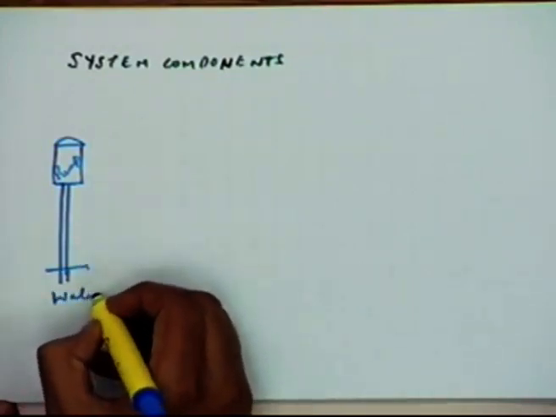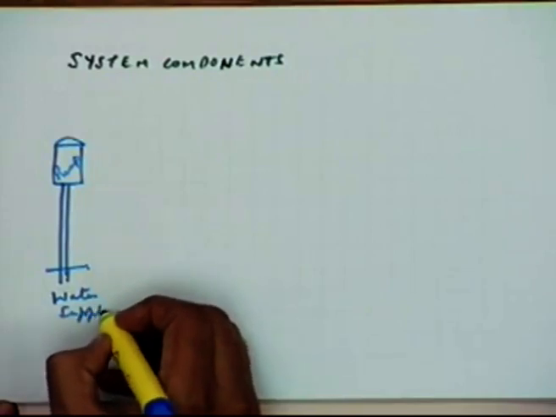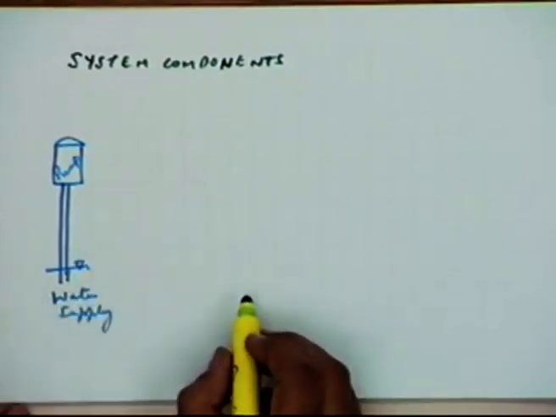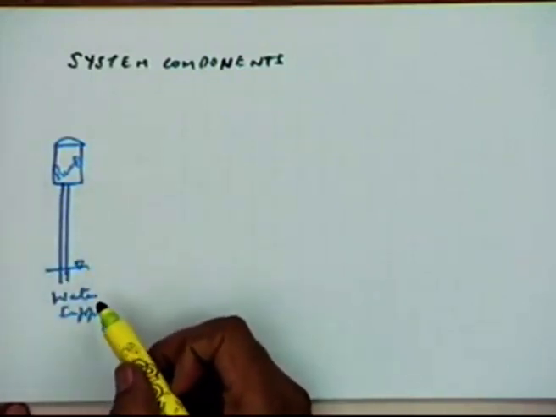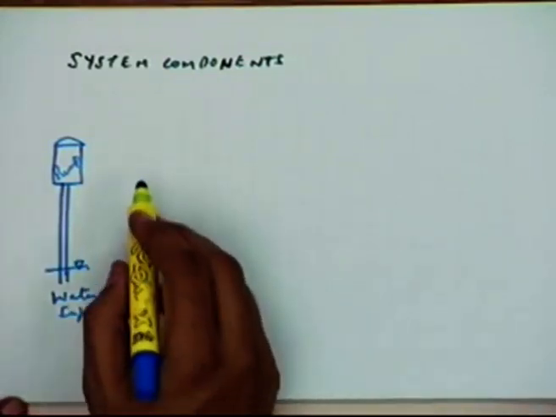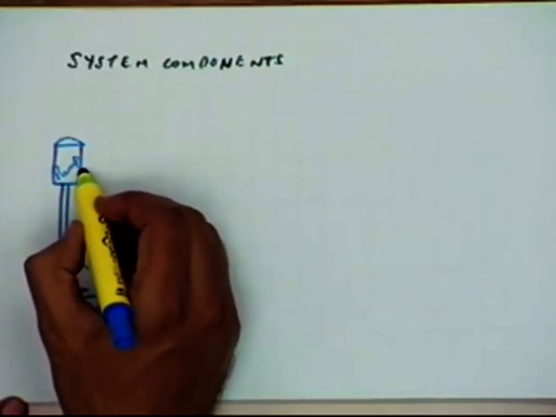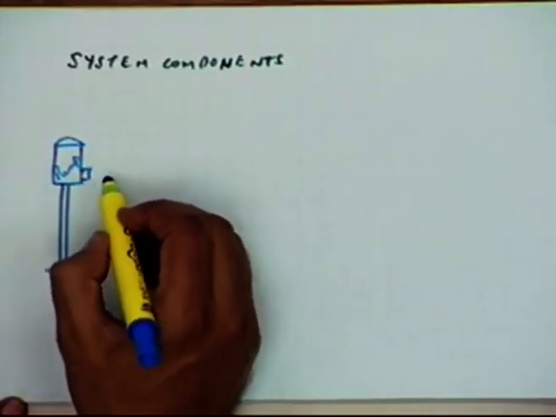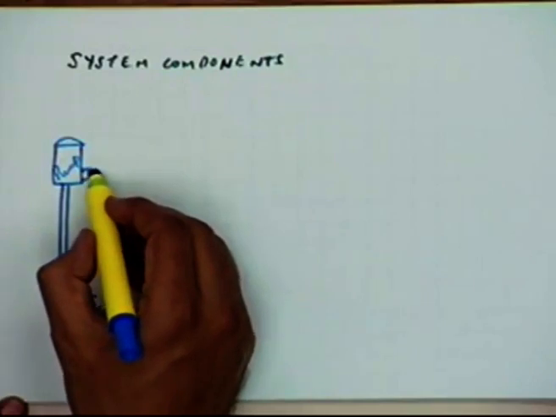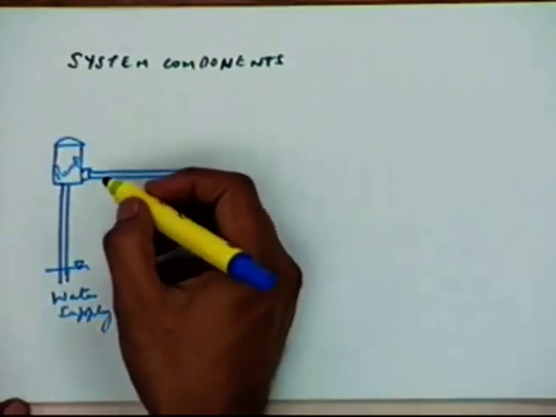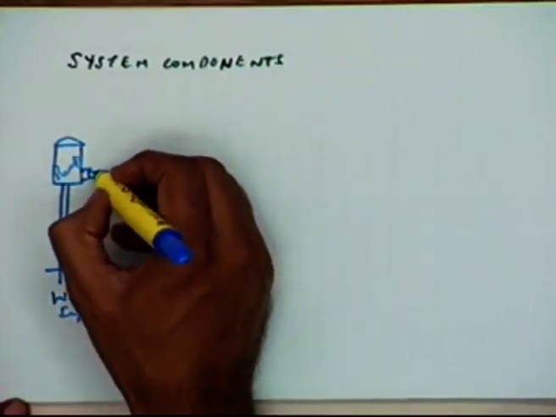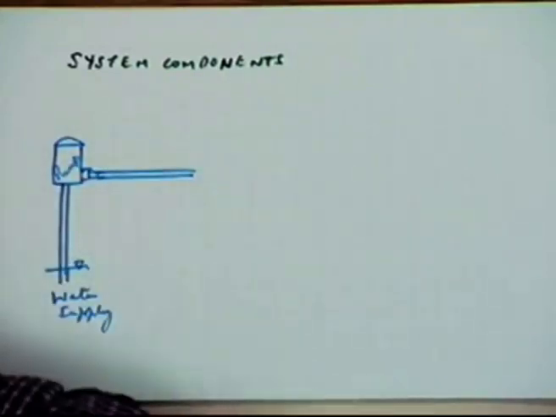So this can be a water supply or some existing level, whether it's a well or some other source, and then you have